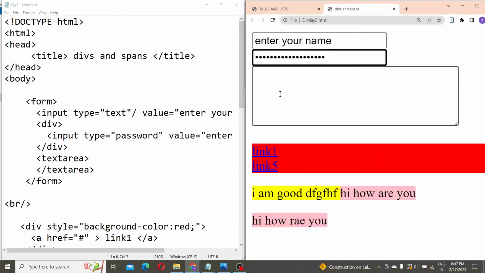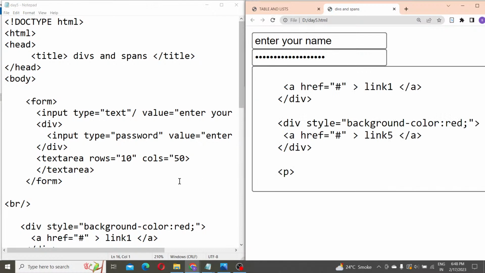And now I can just resize this input text. You can actually set the size of your input text. How? In text area you have rows and columns. You will write rows equal to, let's say, 10, and cols, let's try 50. And when I save and refresh, so now